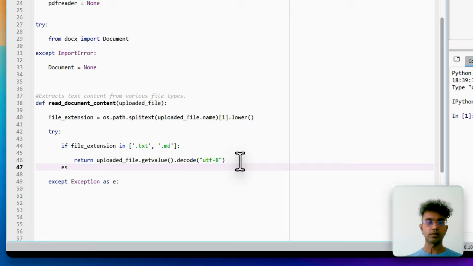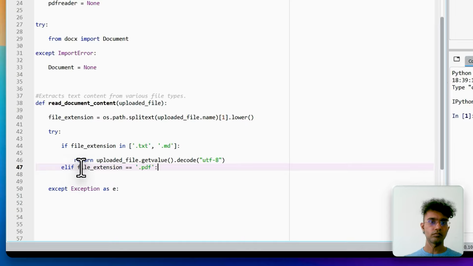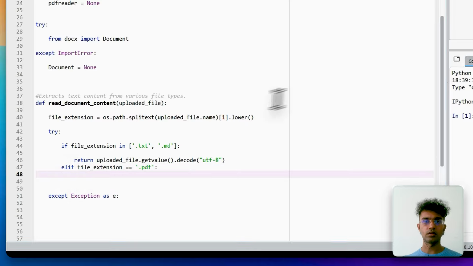Then else, if the file is a PDF file, then